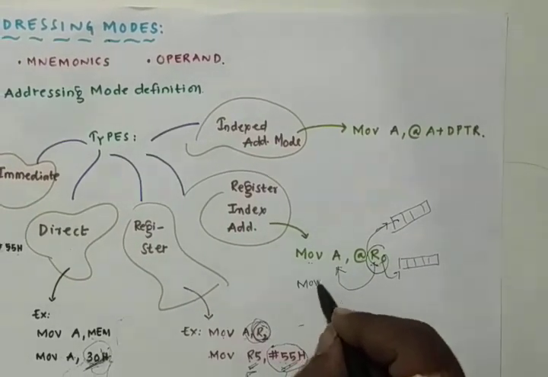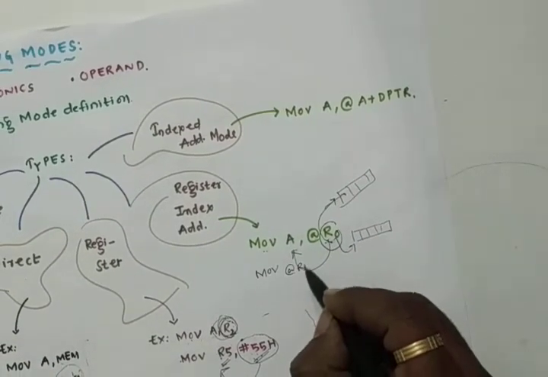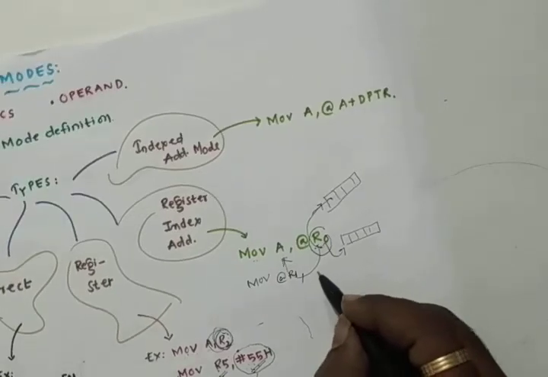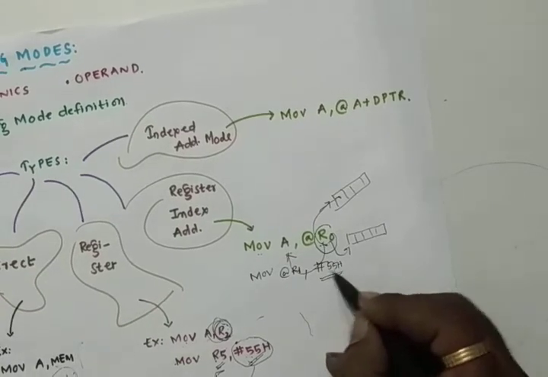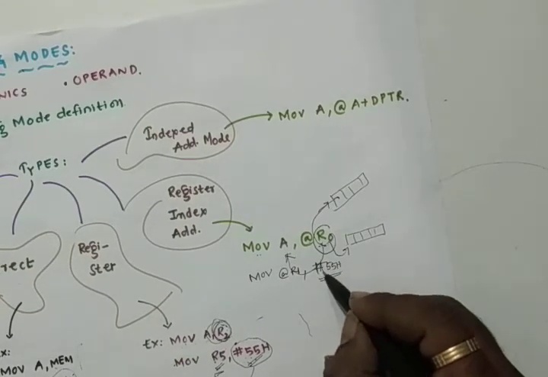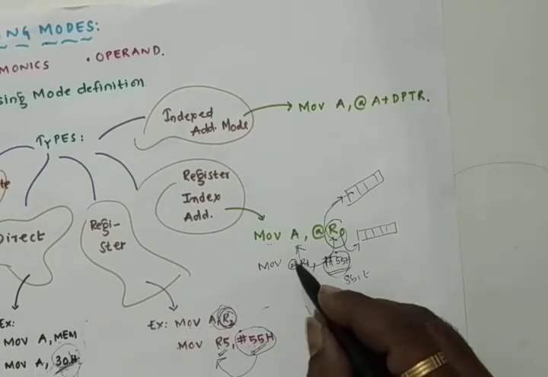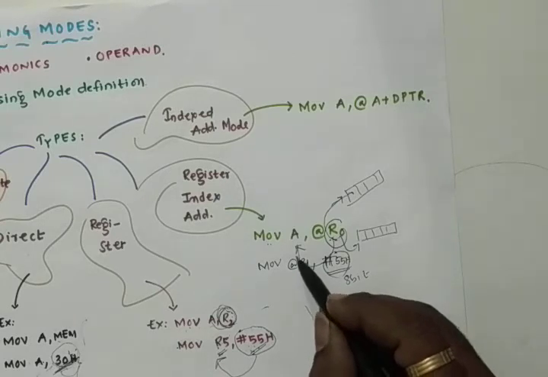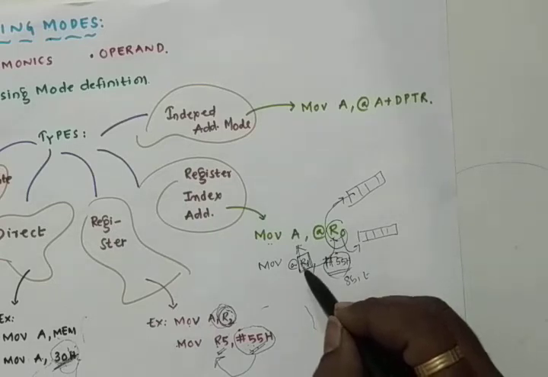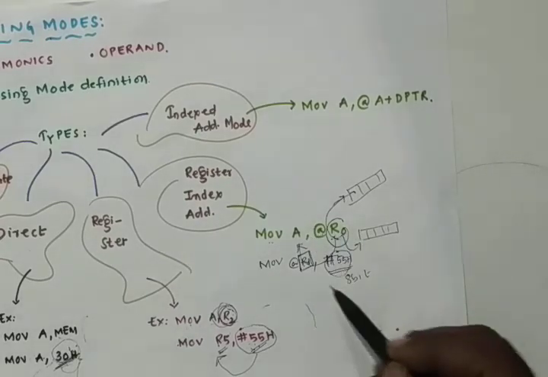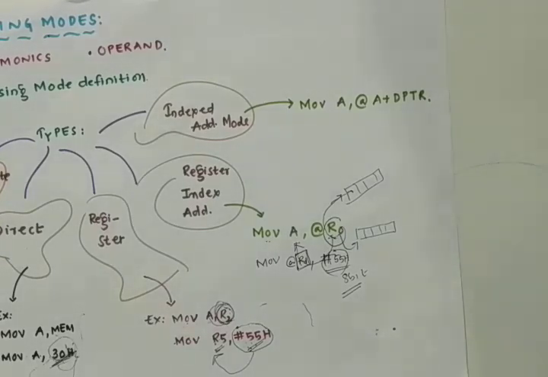Here we will have one particular address, and I can go with one more example: MOV, which is an instruction, also called a mnemonic, then @R1, which is the destination operand, and the data is #55H. By seeing the hash we have to understand that it is completely data, an 8-bit data. This 8-bit data has to move to the location whose address is specified in register R1, so register R1 is holding the address of the memory location where we have to send this 55H 8-bit data. This is the register indirect addressing mode.